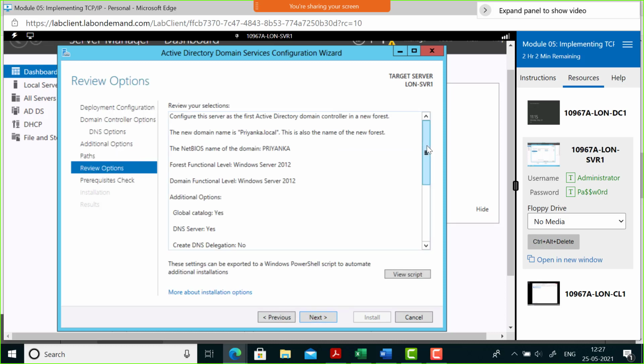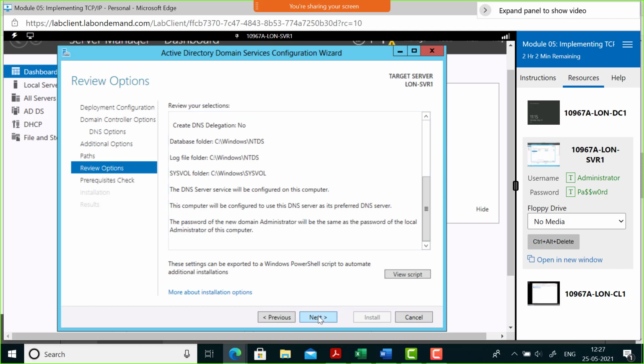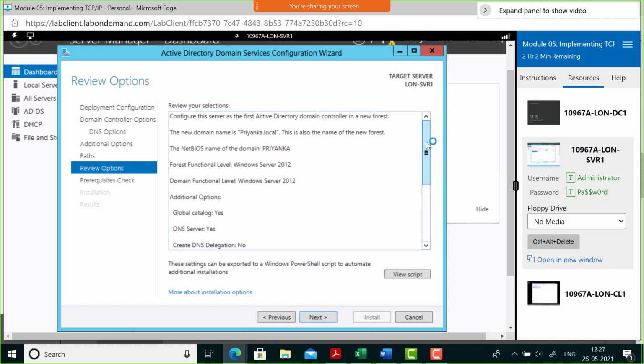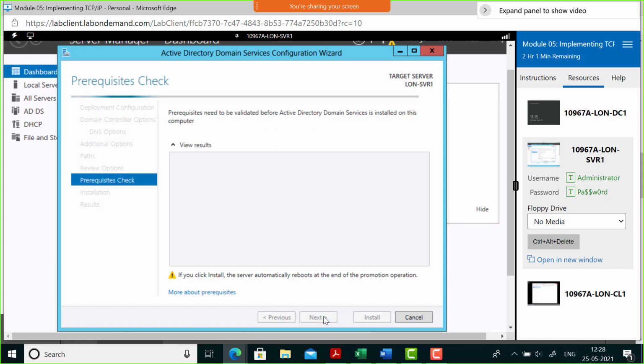Everything is done. Click on next. Okay, now it's giving you a summary. Please understand, it's giving you a summary of all that you've chosen. You've told the domain name is going to be this. You've told that DNS server is going to be installed, whatever, everything. It's telling you that this is what you've chosen. Is this what you've chosen to do? You say yes, and then you click on next.